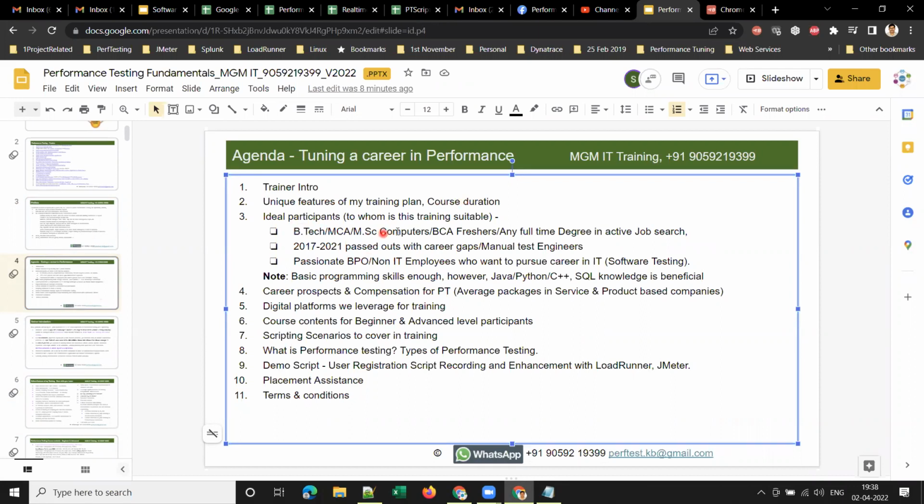So any BTech, MCA, MSc computers, BCA, freshers, or any full-time degree, someone who is in active job search. Previously, companies used to ask for only BTech or MCA, someone from a computers background. However, because of the pandemic and all, now even TCS is asking for